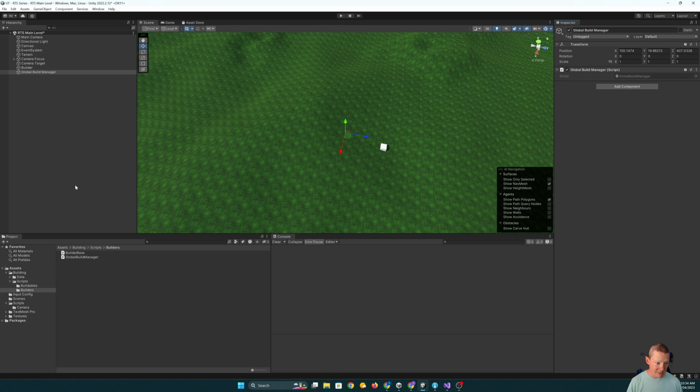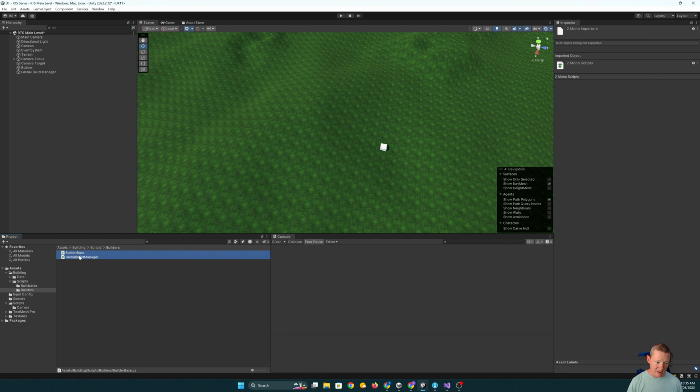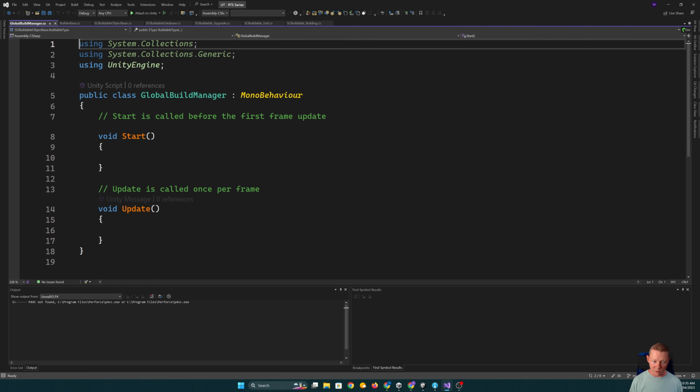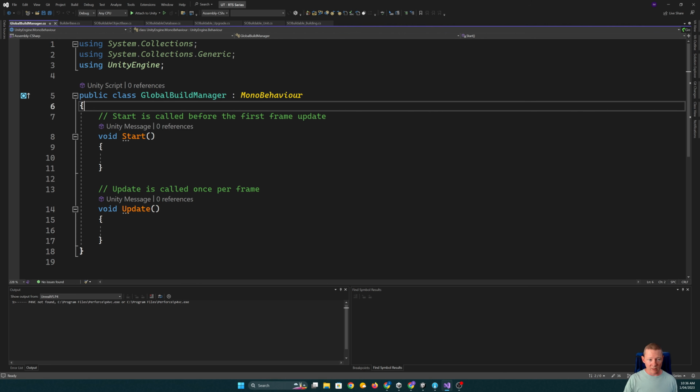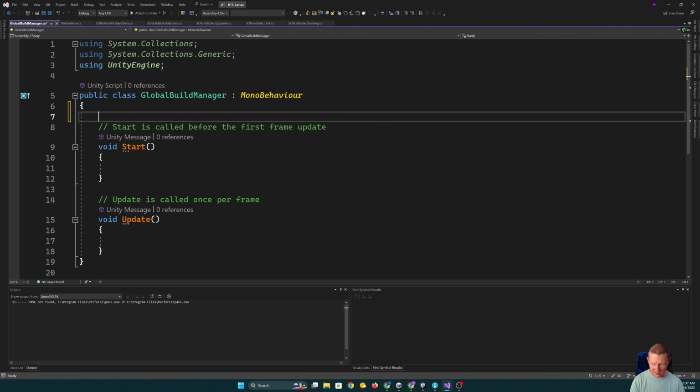And so now our focus is on getting these set up. The builder base is going to handle the actual logic for doing the building, tracking how long it is, and the global build manager is going to be something there to keep track so we can enforce global build limits. Okay, so first thing I'm going to do is set up the global build manager. There is only going to be one of them, so we're going to do our usual setup for having it be a singleton. So my usual setup,